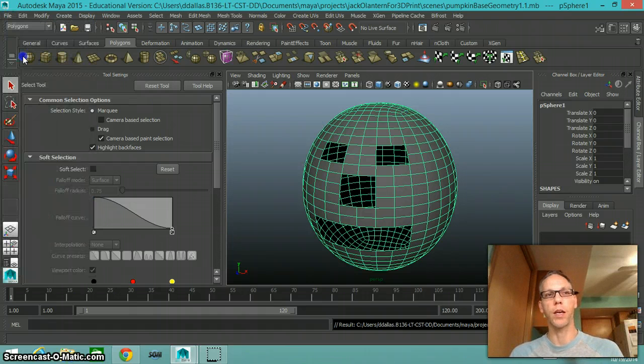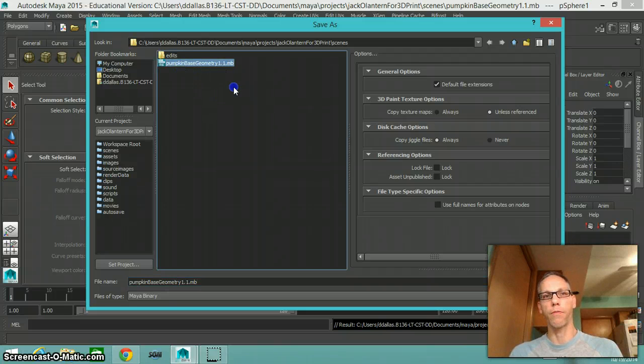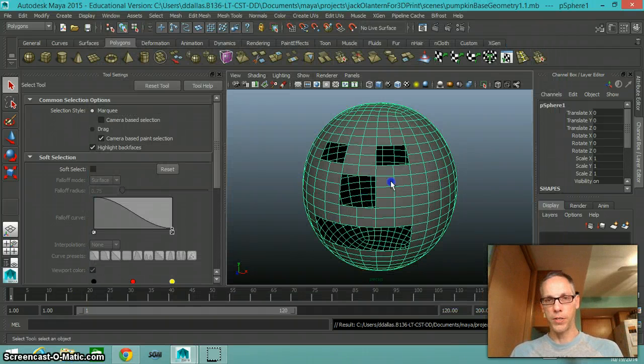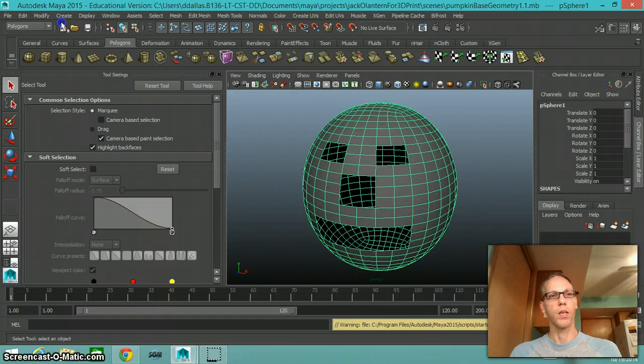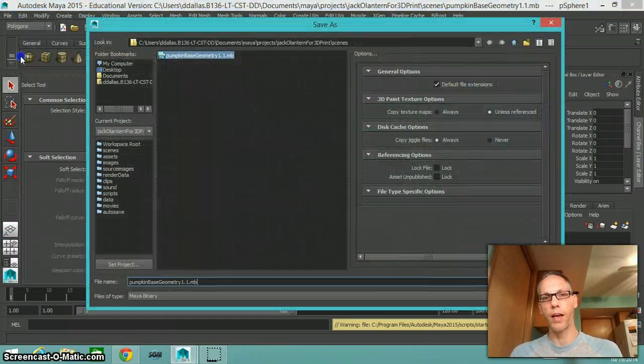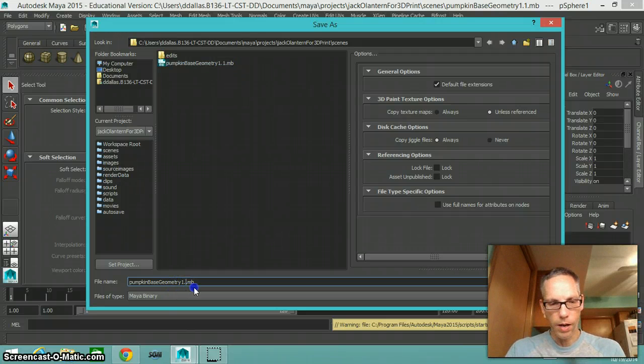One other thing is you're going to want to make sure you keep stages of your project. So for instance, if I make a model, I might have my base model version 1.1, and then if I make changes to it, I'll make a 1.2, 1.3, 1.4, on and on and on as I go along. This particular model is very, very simple, but I've saved it in this state, and now I'm going to say save as 1.2, and it's not my base geometry anymore,